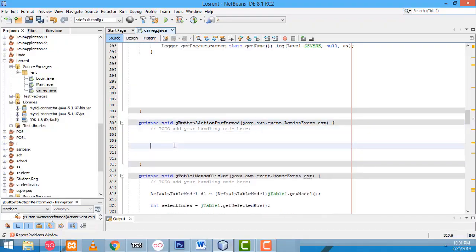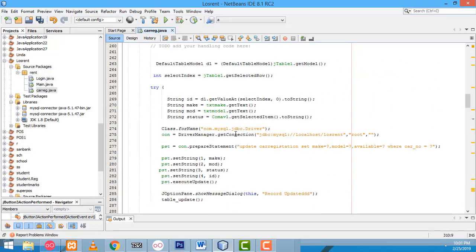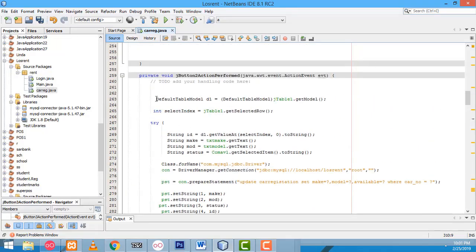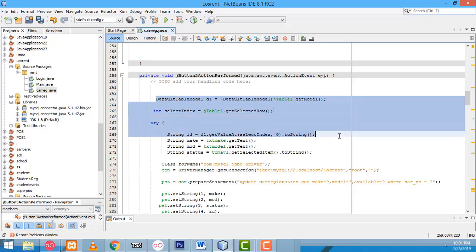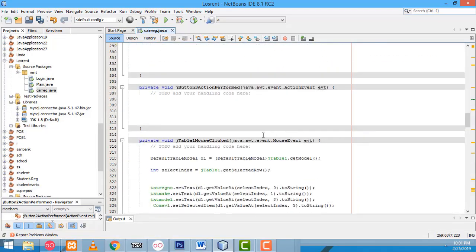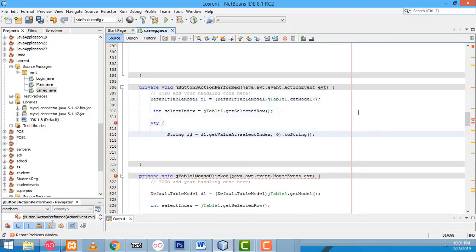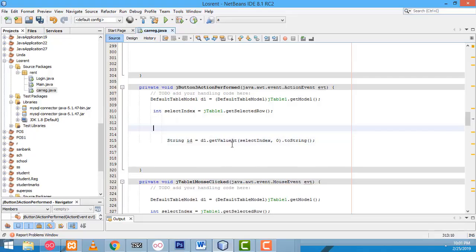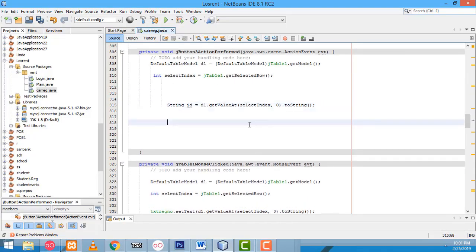I'm going to write the same code first. This is the code. I'm going to copy that. Ctrl C to copy this one and Ctrl V to paste here as well. Right. That's the stuff I'm going to do here. After that, I'm going to remove the try. So here, first I'm going to write an int